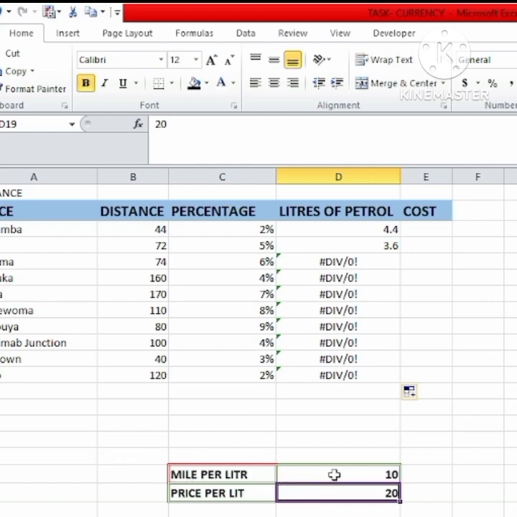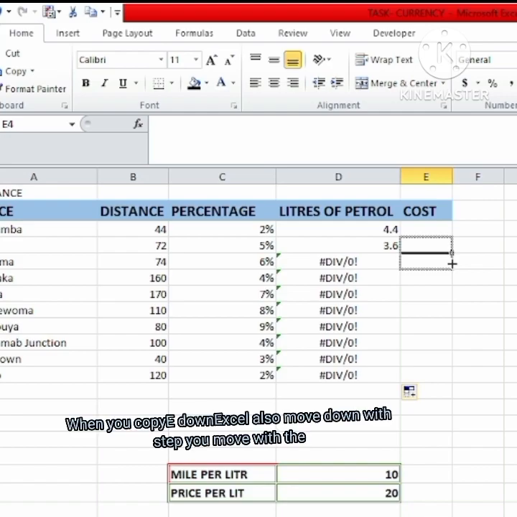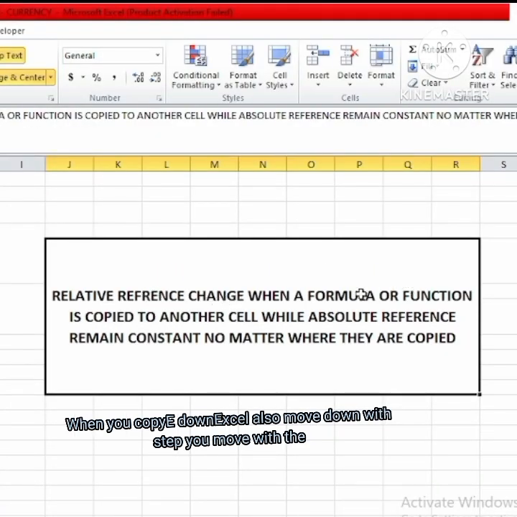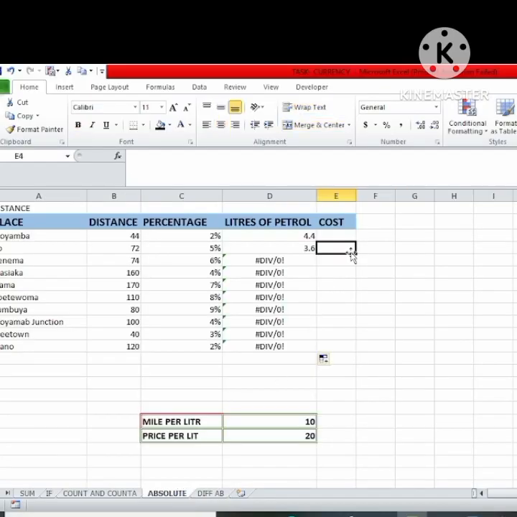And by default, when you are copying a formula down, when you are replicating a formula, you are moving one step, and Excel also moves one step. That was the reason why we said a relative cell reference changes when a formula or a function is copied to another cell. Of course, this is a relative cell reference. When you copy, Excel also moves one step. That was the reason why instead of Excel dividing 72 by 10, it divides 72 by